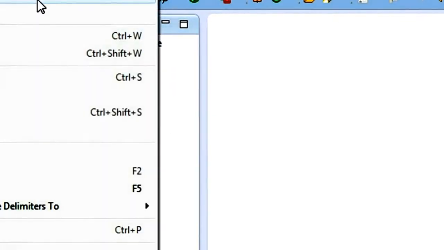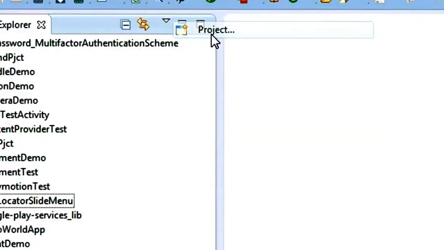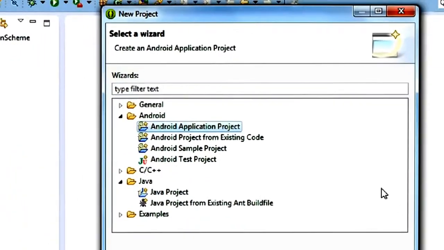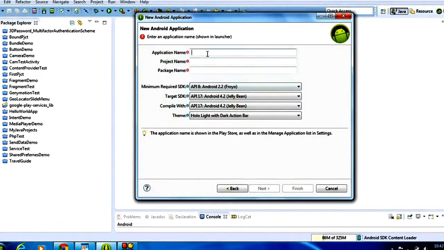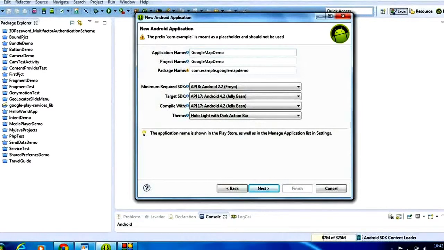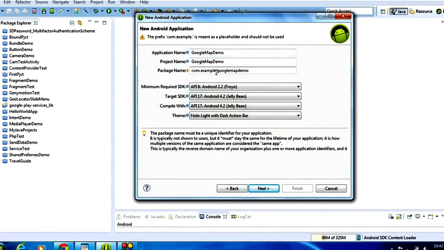Now we can start a new project for Google Maps. So choose a new project. Click next. It's an Android application project. Provide a name for the project. I name it Google Map Demo, and change the package name also.